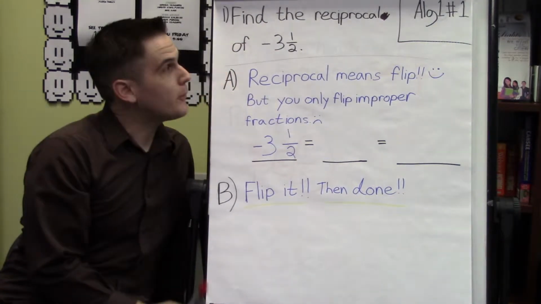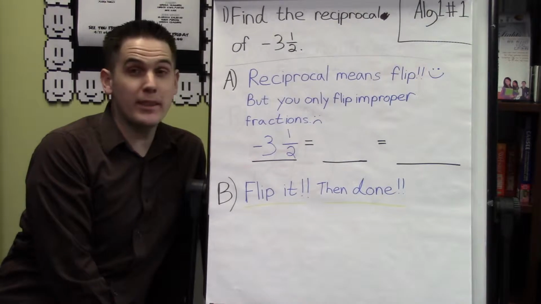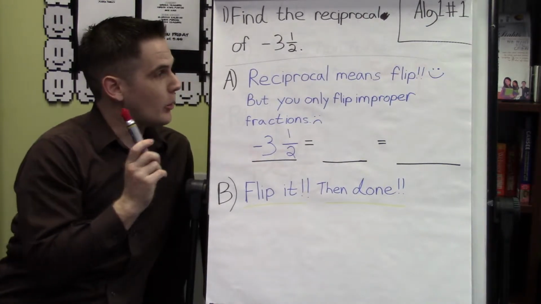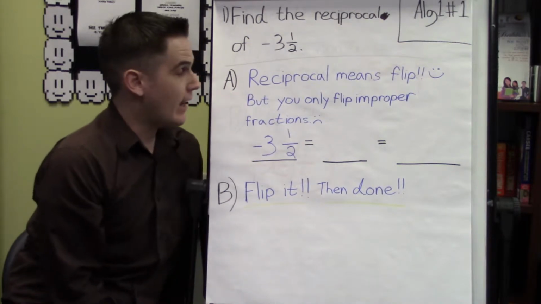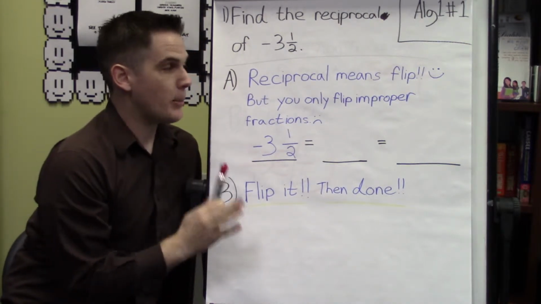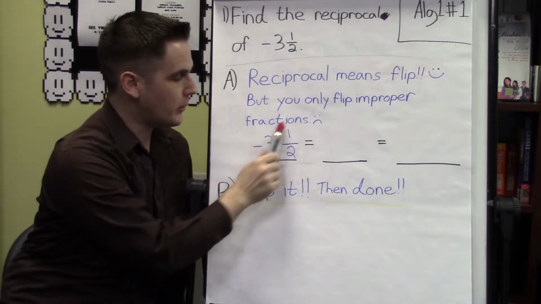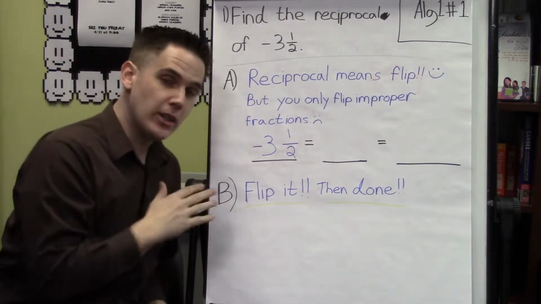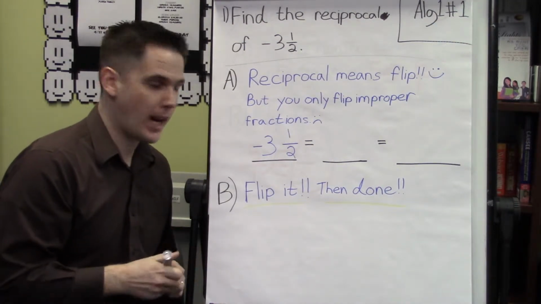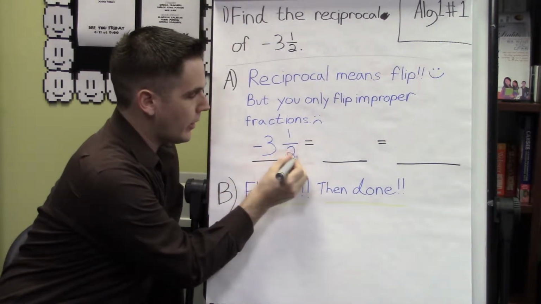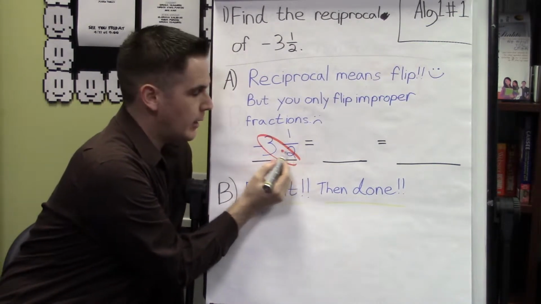So first we're going to find the reciprocal of -3 and 1/2. This is really easy. So first of all, reciprocal means flip. Many of you already know this. But you can only flip improper fractions. Therefore, -3 and 1/2, to turn that into an improper fraction, first we're going to multiply the denominator by the